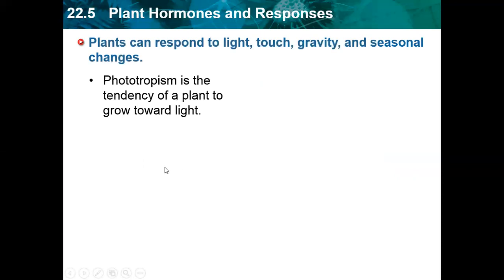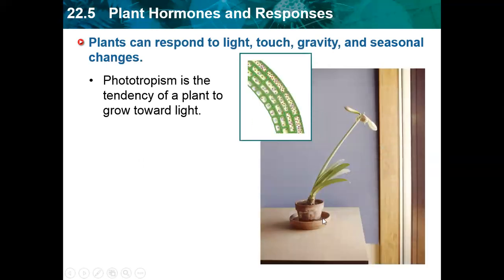One of them is phototropism, and as the name indicates, photo means light. This is a response of plants to the direction of the light. So it says phototropism is a tendency of a plant to grow towards light. Now, if you have a plant in a place, let's say in a room, you will notice that the plant will grow toward the direction of the light. So the tendency of a plant to grow towards the direction of light